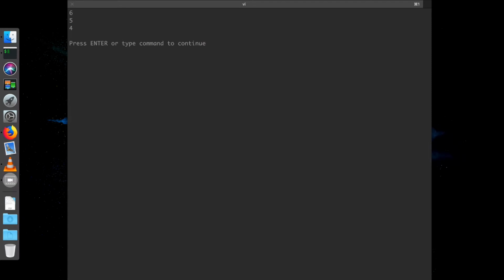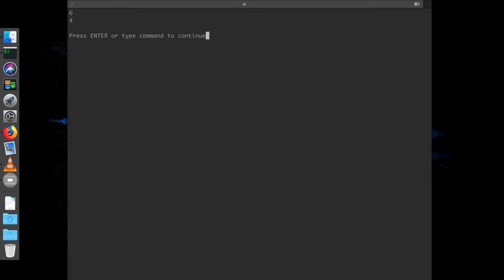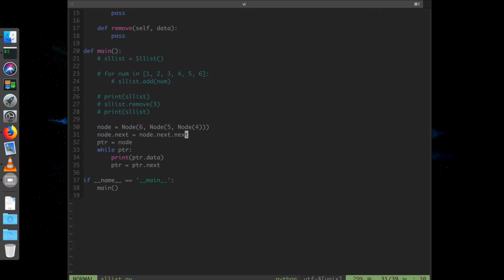If we wanted to remove 5 from the singly linked list, we could say node.next equals node.next.next. Python automatically handles garbage collection for us, so we don't have to delete the node containing 5. But I'll show you how to do that when we implement the singly linked list class. So now, if we run our program, you can see the node containing 5 has been removed. So let's remove the node from our code base, and we'll comment out the traversal as we'll be coming back